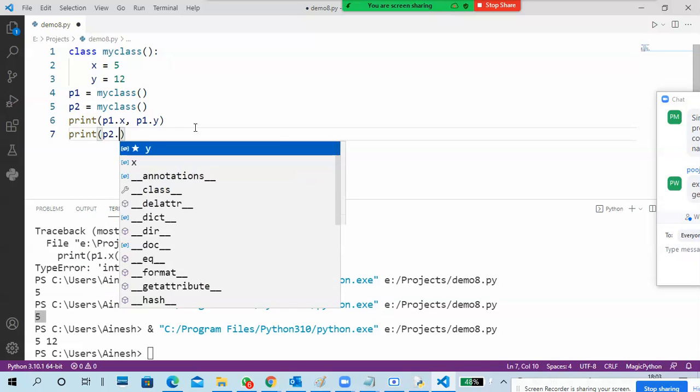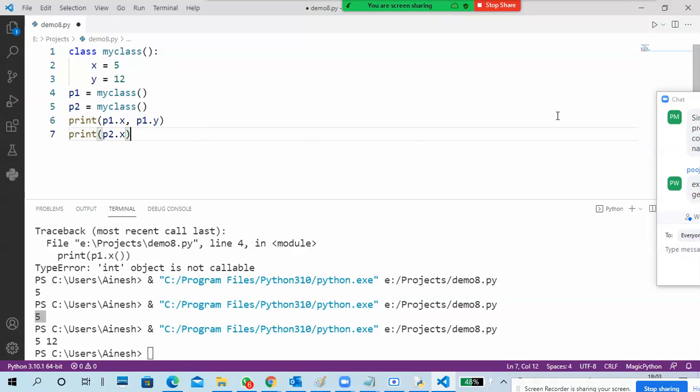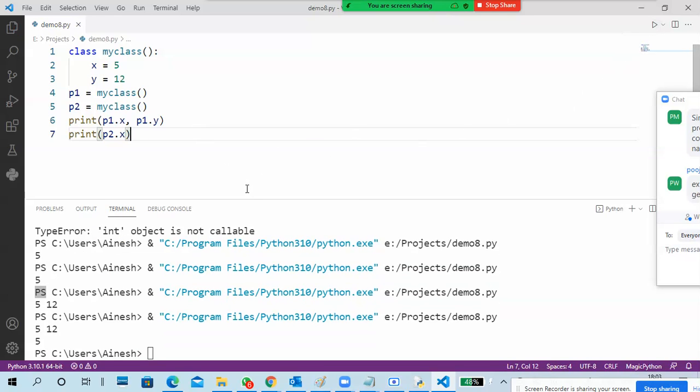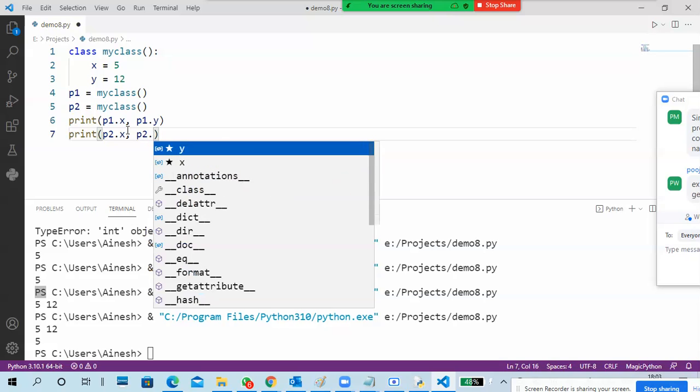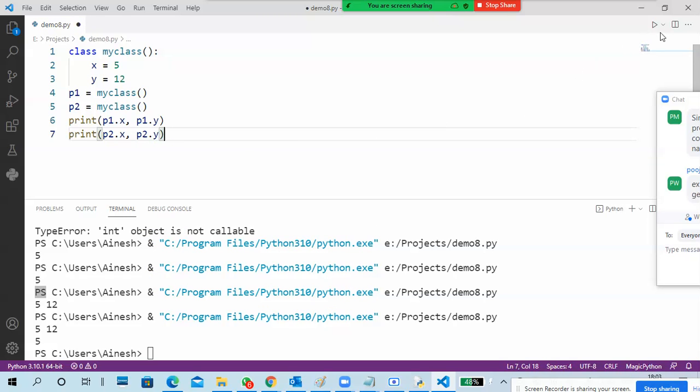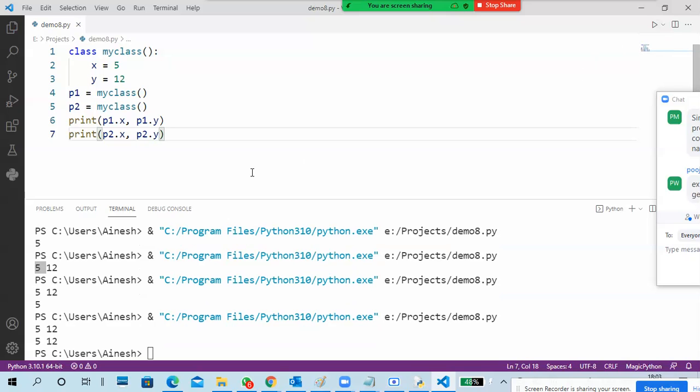Now I'm calling another object, print p2 dot x. So I'm calling the p1 object, print x and y. I'm calling the p2 object value, print x value only, but here the x value is always the same. It's a stable x value, so no need to worry about it. And if you want a y value, then it is p2 dot y. Okay, so this is about